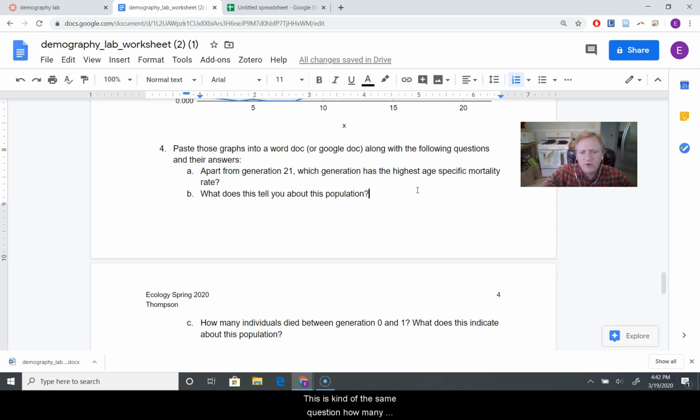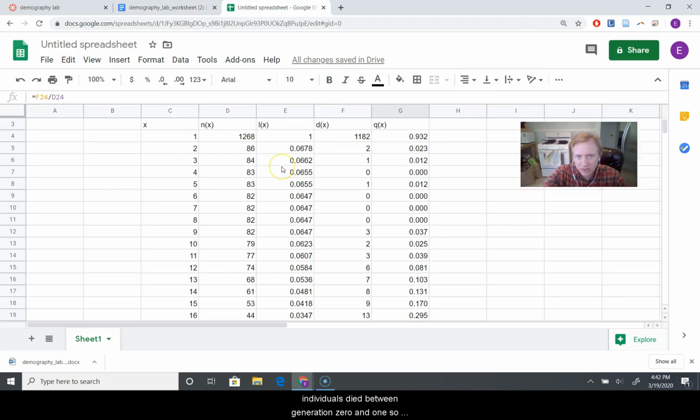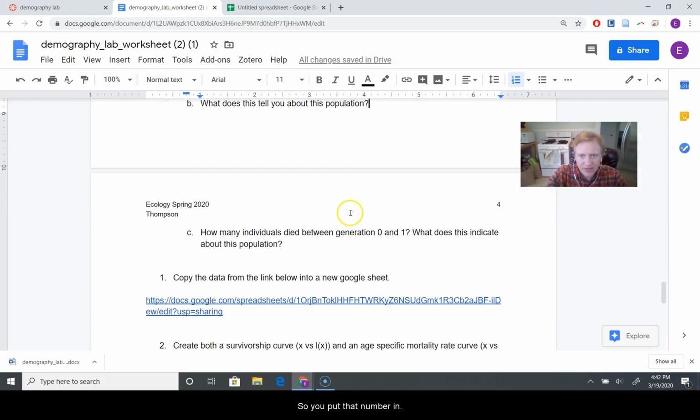And this is kind of the same question. How many individuals died between generations 0 and 1? So what it's asking for is the d of x statistic for this here. So you put that number in, and what does that indicate about the population? Well, that number requires some context, so it actually indicates less potentially than the age-specific mortality. It's kind of like this. If I told you,